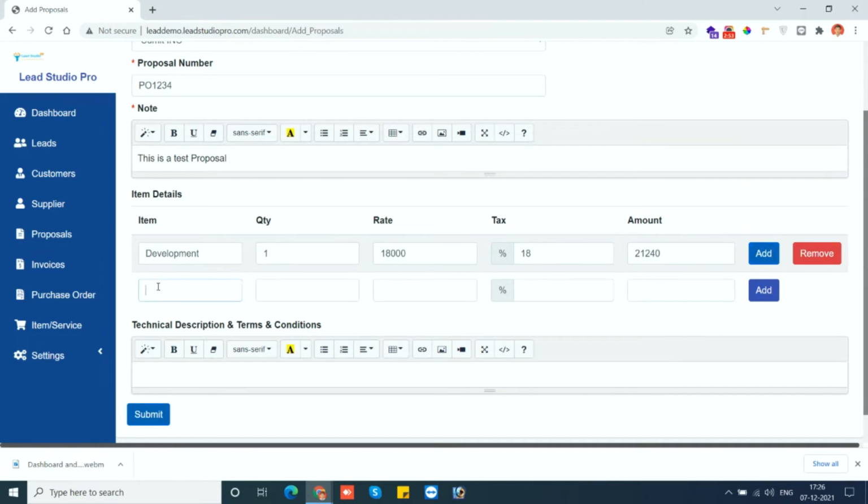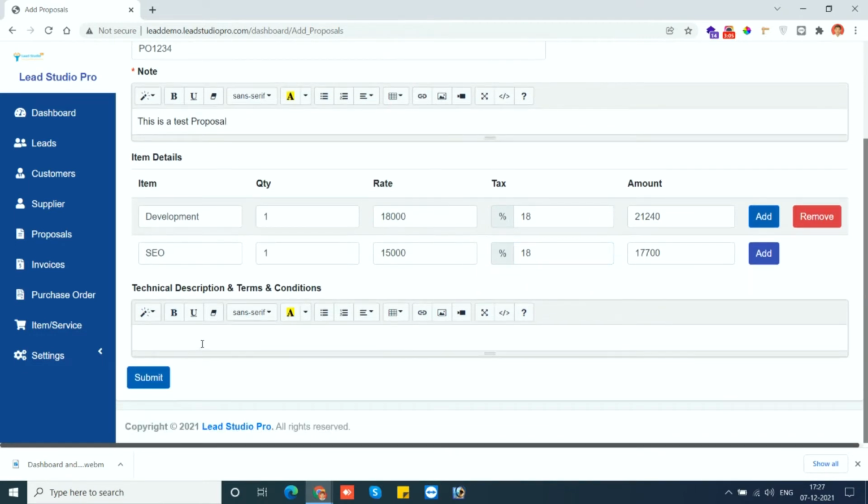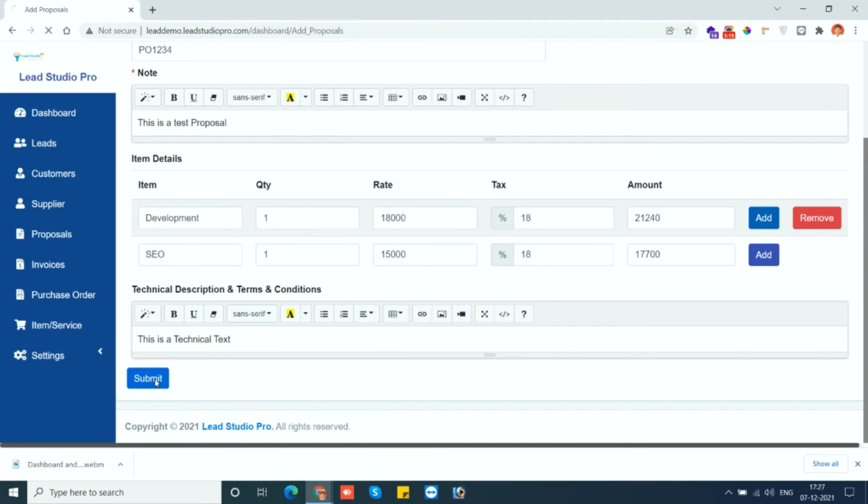So you can add more items here like this. You can add all these things within this, and here you can write your technical information. And you can save this proposal.